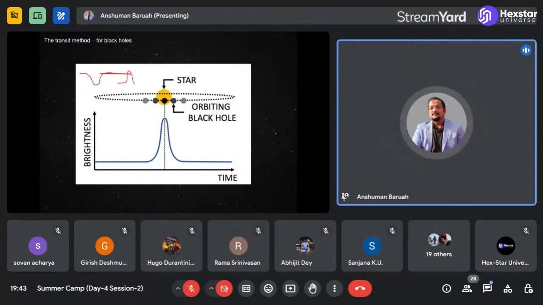Because, as I have just said, whenever a black hole passes in front of a star, the light from the star is magnified and correctly focused to our plane of vision from Earth, and we can then say for sure that a black hole perhaps exists and is orbiting around another star. Now, one very important assumption in this scenario is that the black hole is located sufficiently far away from its companion star so that it cannot accrete matter, because if it starts accreting matter, the black hole itself will start blowing up, and then we have to use different techniques to find the black hole.